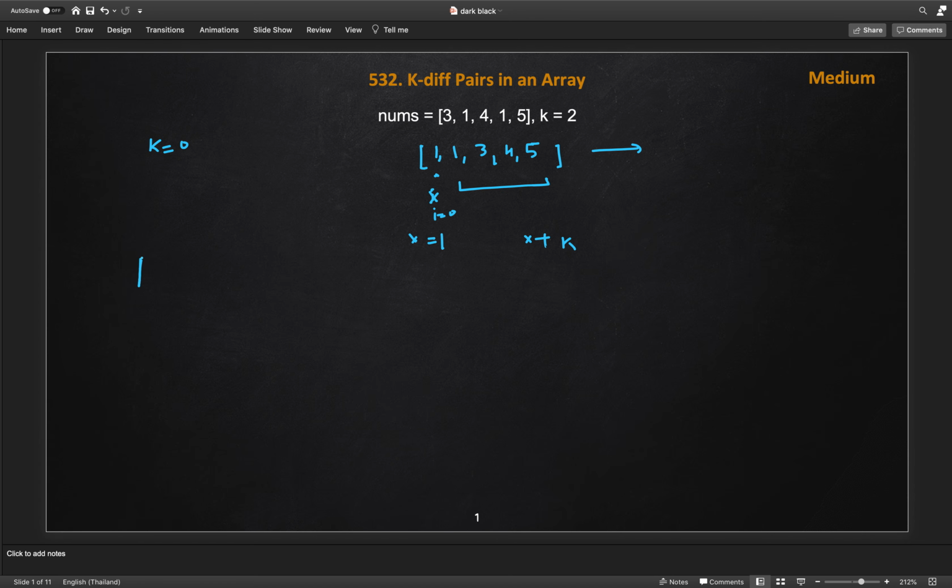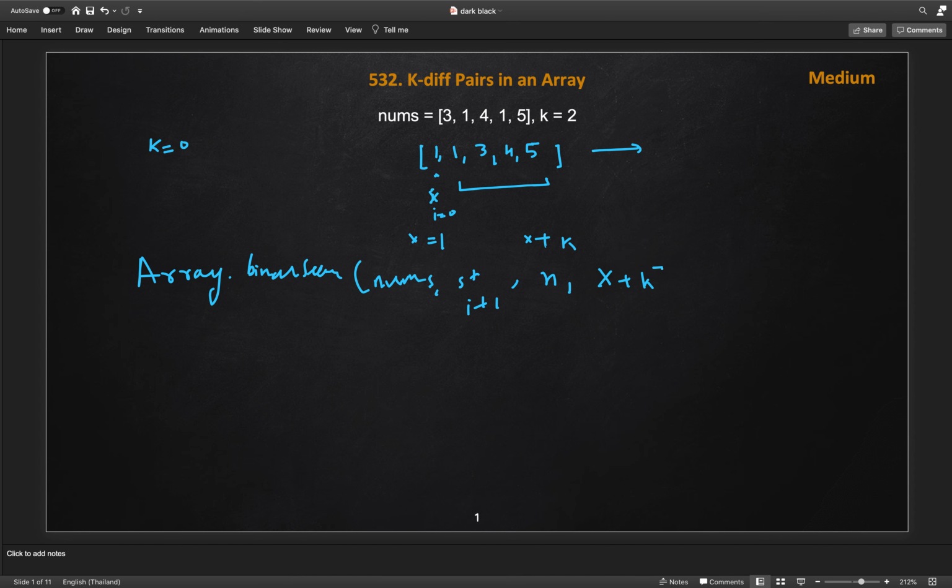There is a method in Java's library, and it might also exist in the language you are using, like C++ or Python: Arrays.binarySearch. We call this method and pass the nums array first, then the start index which is i plus 1 if we are at i, then the end index which is n, the size of the array, and the value we have to search, which is x plus k.